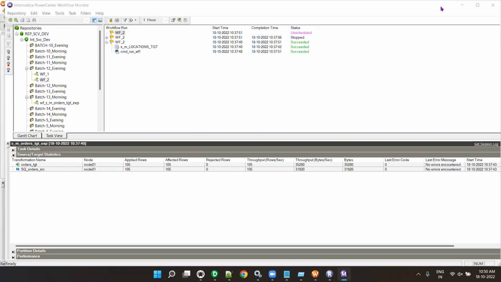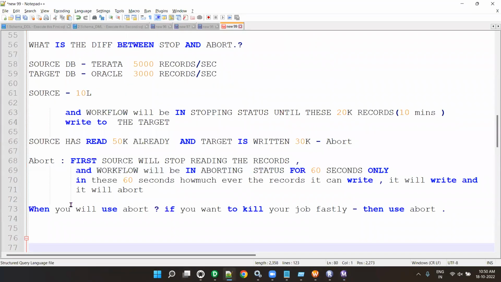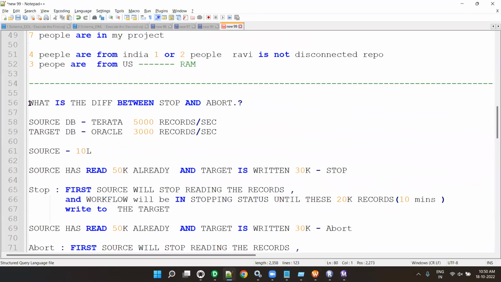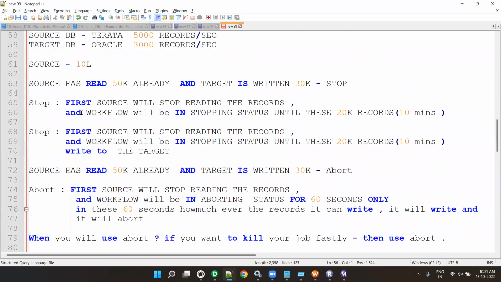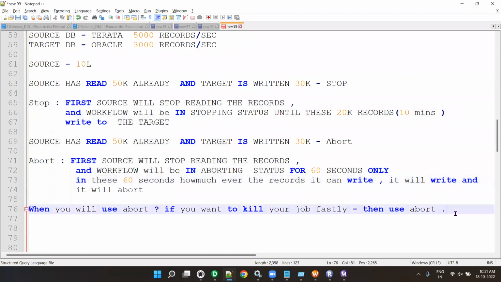Now, the most important thing. One more: what is stop on errors? This is the most important interview question, because you will never find it. Try to Google search and understand the difference between stop and abort. You cannot get the correct statement. That's why I explained. Now, next is